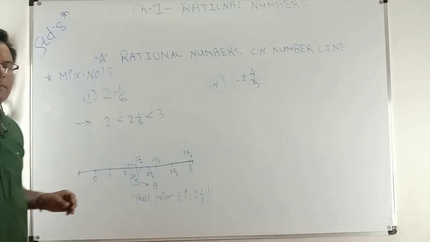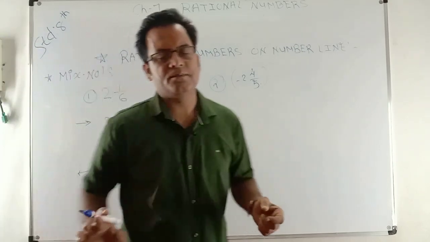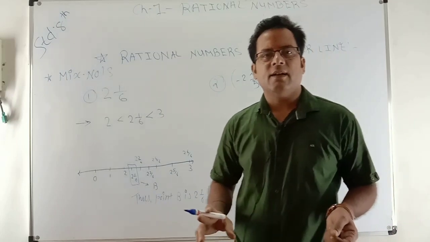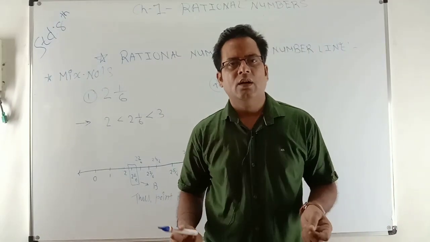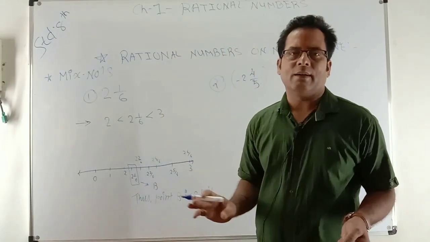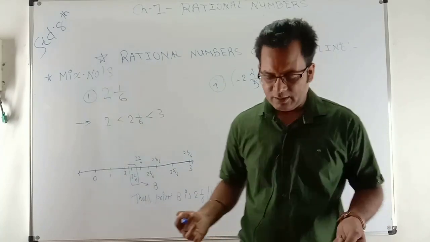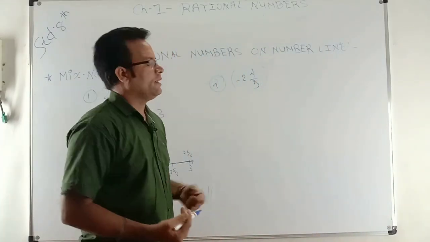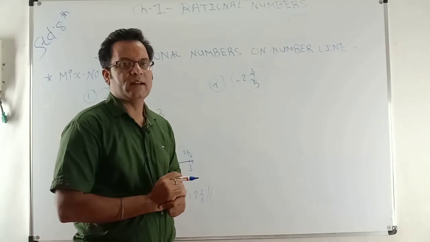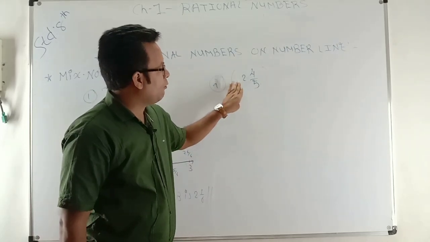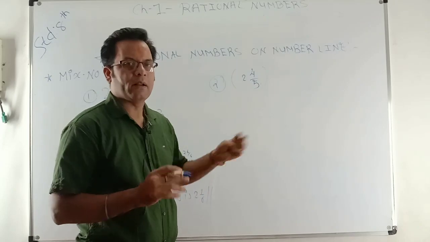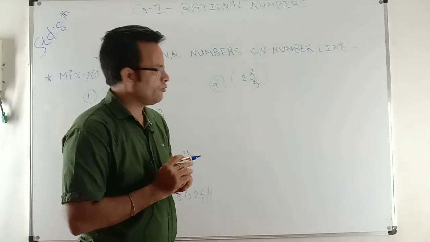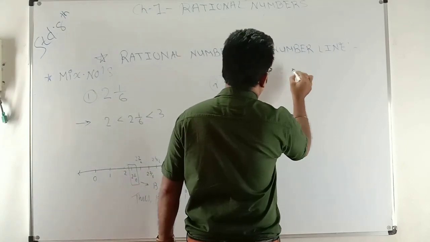So this way you can present the mixed number on the number line, but the most important thing to know is which two numbers the given number is lying between. Now let's deal with negative numbers. Here minus 2 integer is given. Suppose we avoid the sign, make it plus. Then you see this is bigger than 2. Look at here. 2.